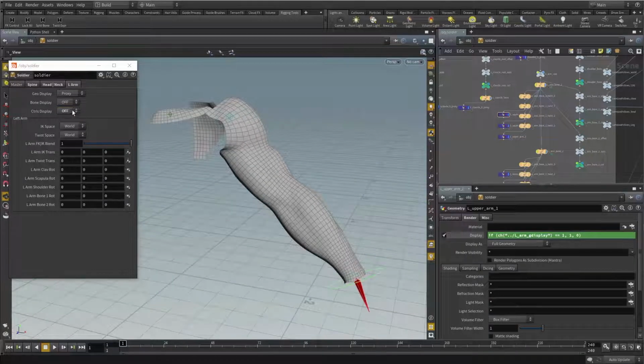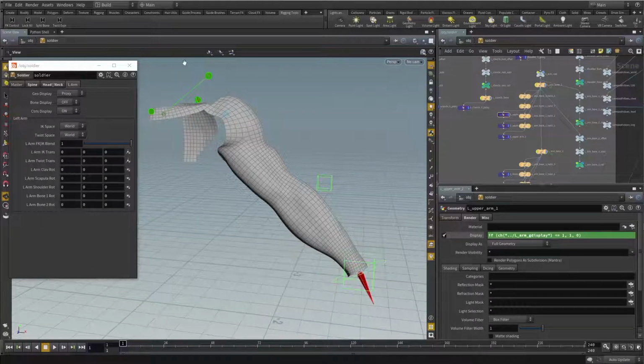Attach the control displays properly. Also, right now we're in IK mode, and you can see that by the left arm FK-IK blend is set to 1. If I move this toward FK and I pass 0.5, you could see that the IK controls of the arm turn off and the FK controls turn on. And that 0.5 is just kind of an arbitrary